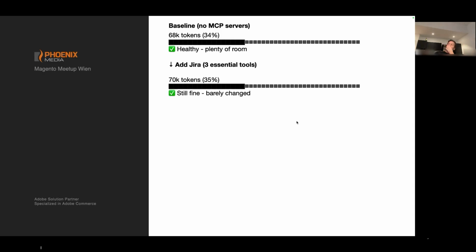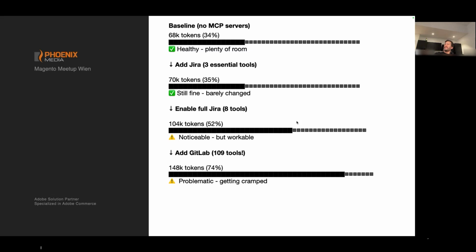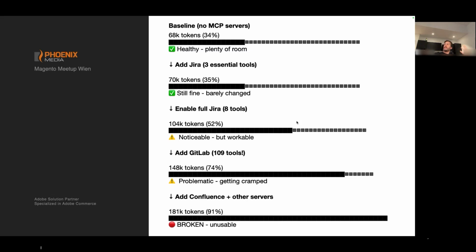Adding Jira, we will look into that later, with 3 essential tools loaded, it's like 35%, so not that much. Full Jira going up to 52%, still okay. Adding GitLab with 109 tools, up to 74%, and with a little bit more, in this case also adding Confluence tools, you can enable that separately, or some other service, and you're at around 91%.